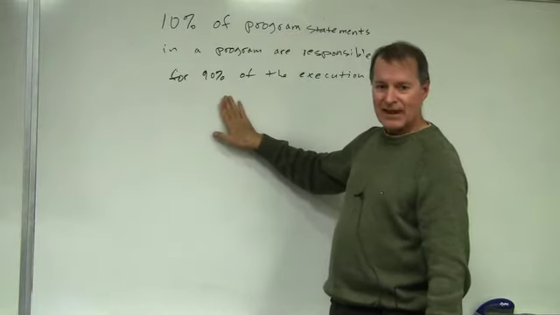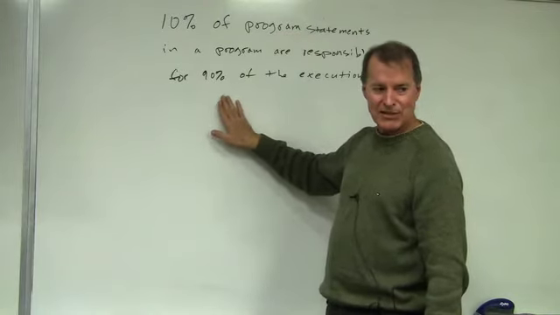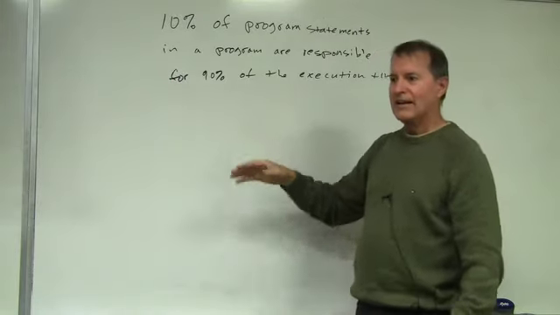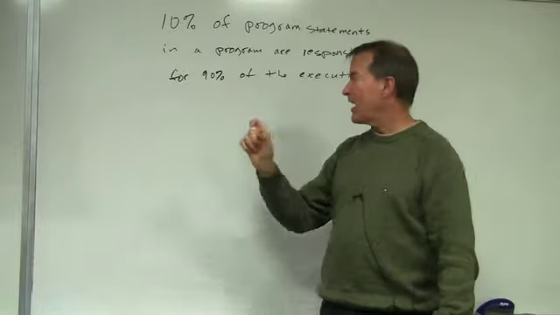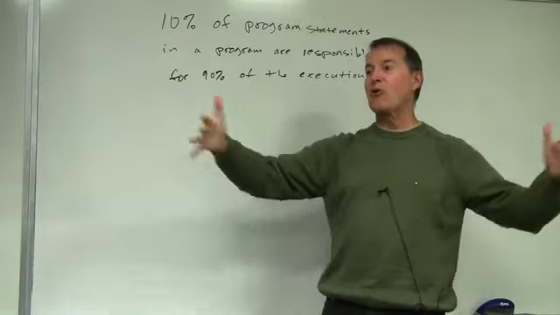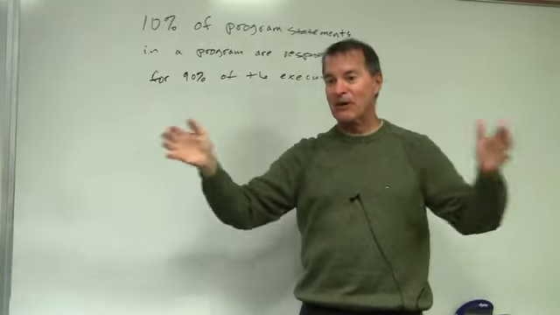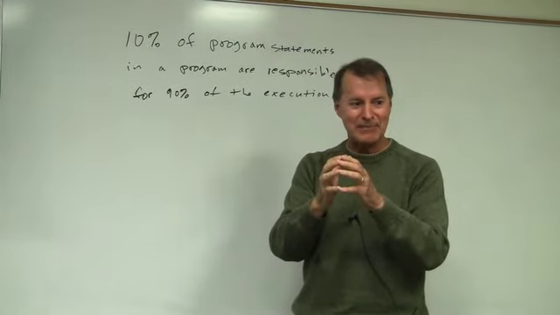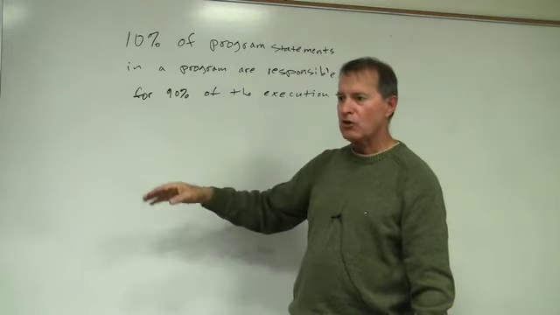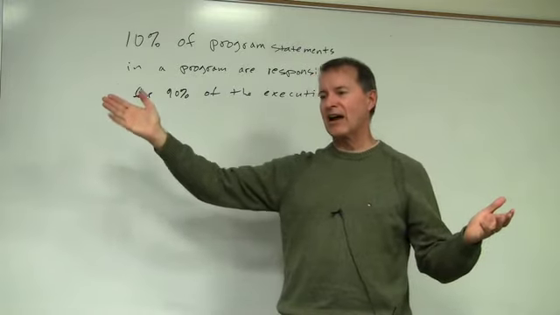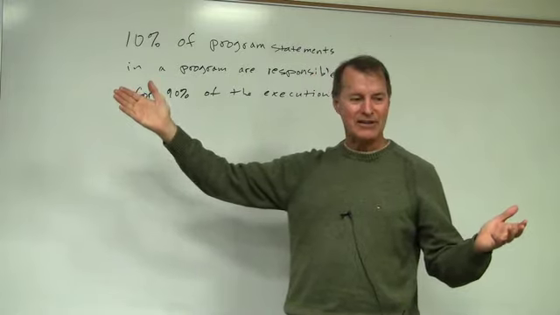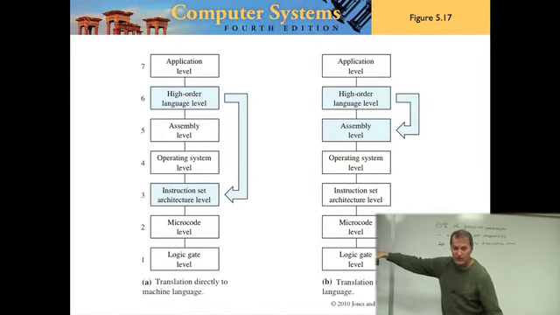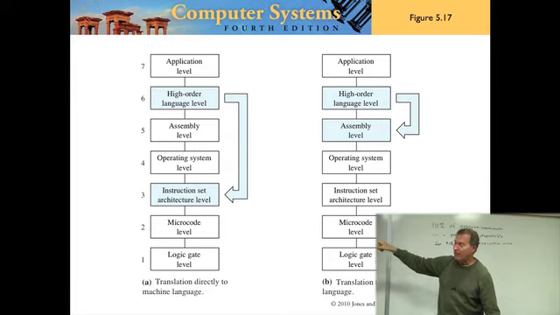Can you see the connection between this and this? If we can write those statements in assembly language, it doesn't pay to write the whole thing in assembly language to speed it up when just a small part of the program is responsible for most of the execution time. So what you would do is write the whole application in a higher order language, and then do what? Instead of doing A, translating the whole thing, you do it to B. And then what do you do?